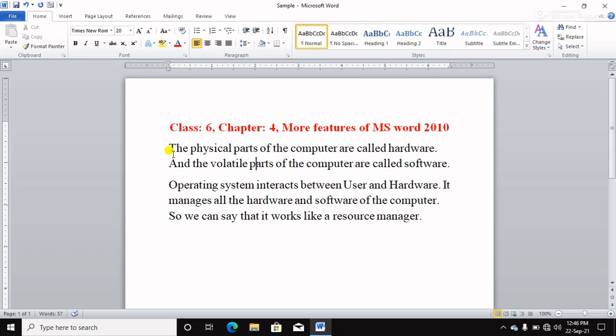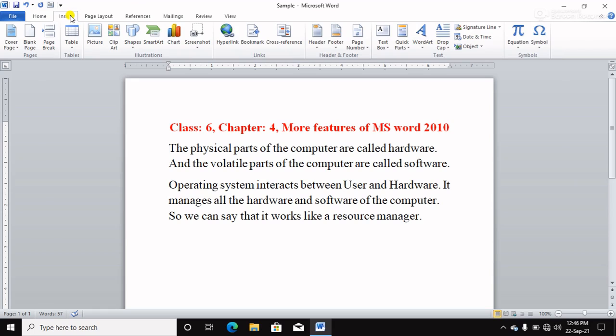For this, firstly place the cursor in the paragraph where you want the drop cap. Okay, so I want to enlarge the T. So how can I do it? Go to the insert tab, and choose in the text group. This is the text group.